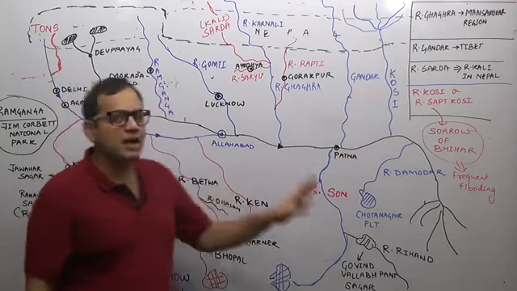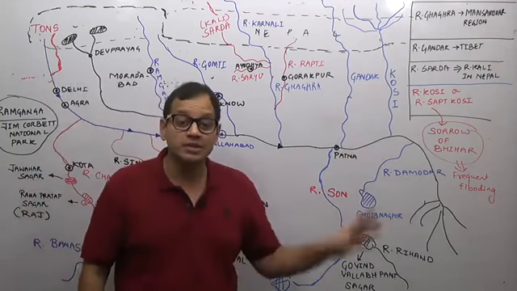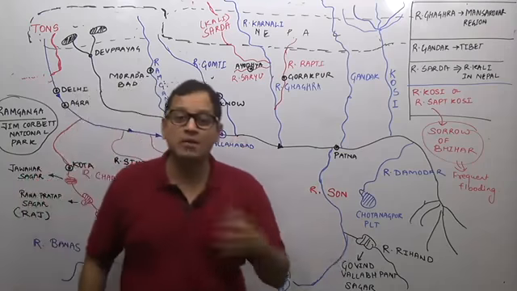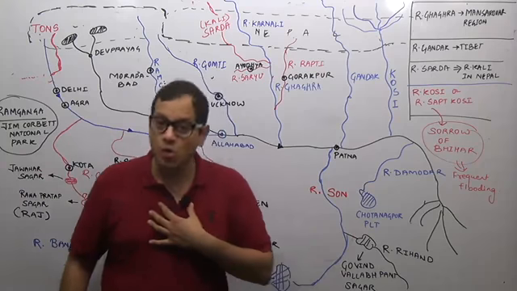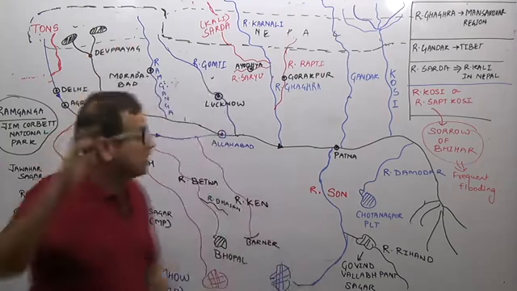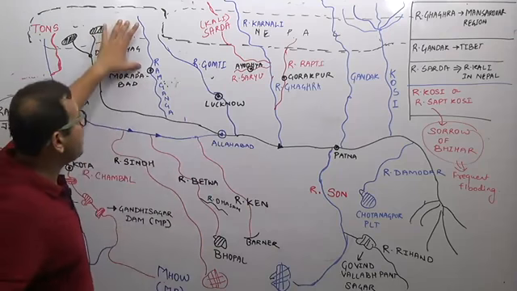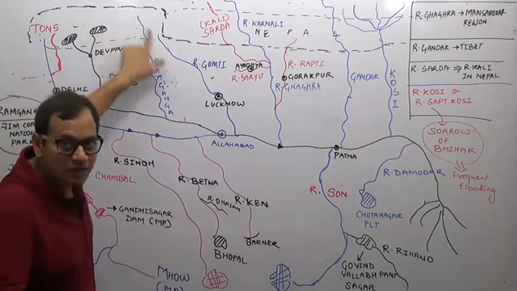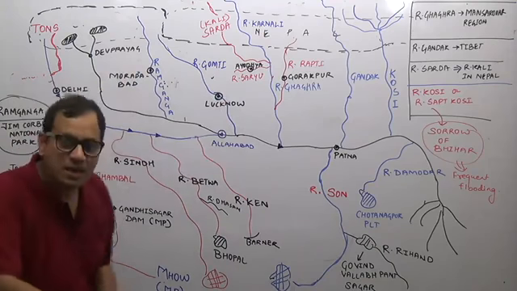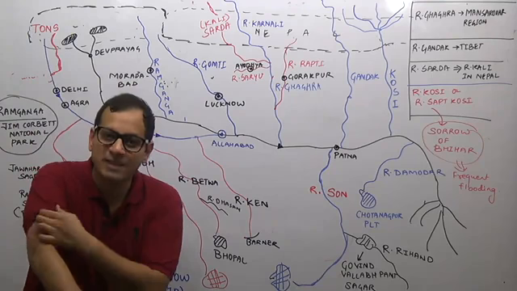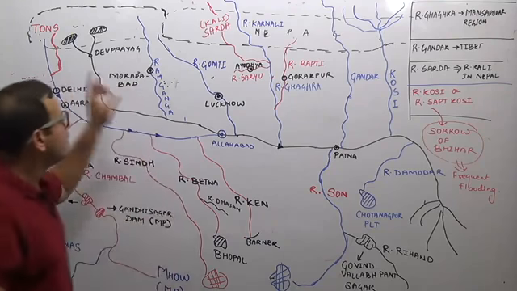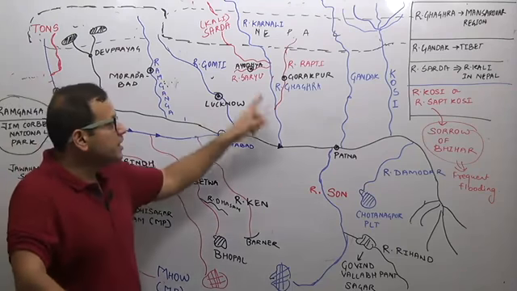The other is river Damodar, which originates in the mineral rich Chota Nagpur Plateau region. We'll be doing this later; river Damodar is famous for the coal deposit region. Come to the Himalayan region. In the Himalayan region, the Ramganga originates from Uttarakhand, and river Gomti originates from the Uttarakhand region. On the Ramganga is located Moradabad, which is known as the Pital Nagari of India, that is the brass city of India.